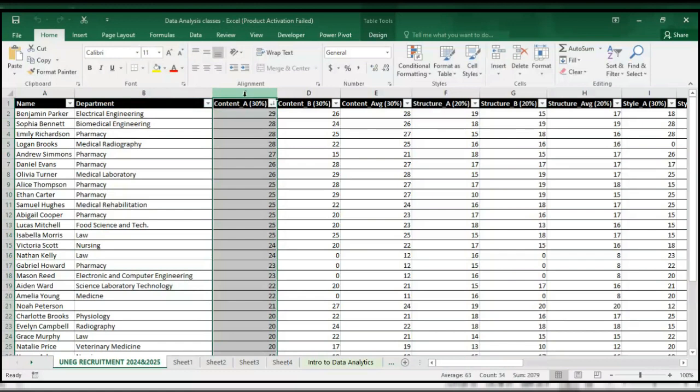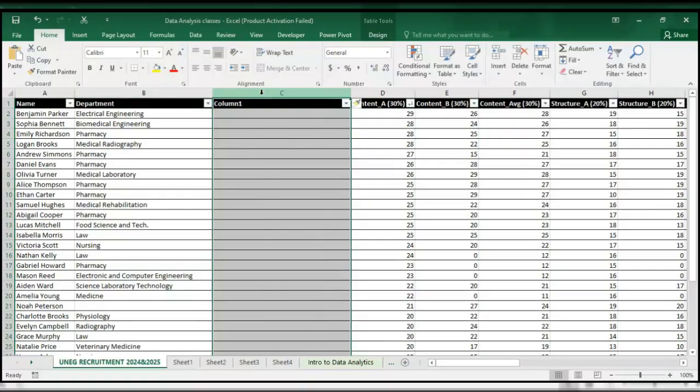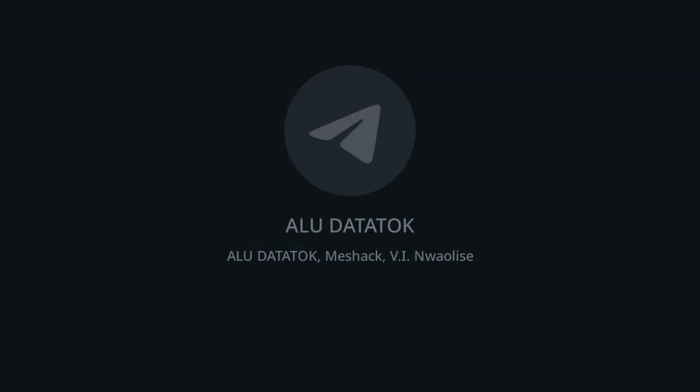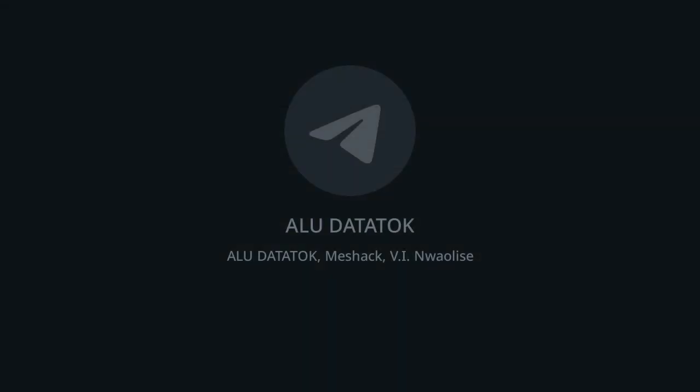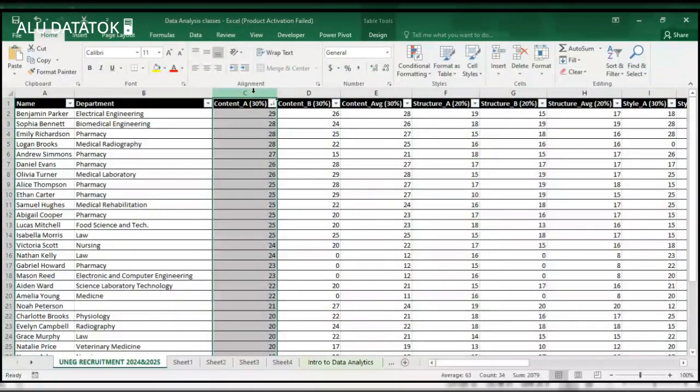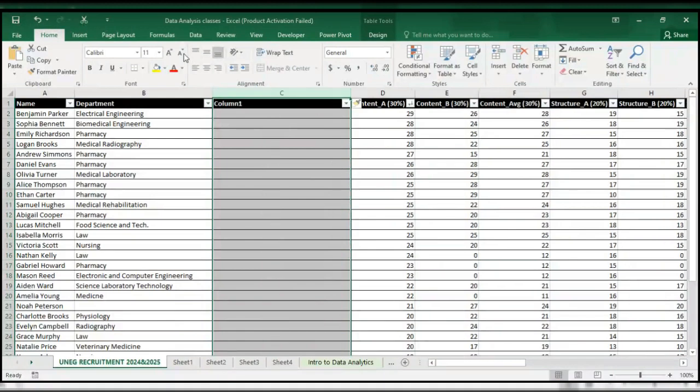To insert a new column, you just hover on top of the column you want to. Place your cursor on it, tap your keyboard to highlight, then hold your Shift key, your Control and plus. So that's how you add a column. If I want to delete it, I'll use Control minus on what is highlighted. So to add, Shift, Control plus. That's why I said I don't use the quick access toolbar, because your keyboard shortcuts can do a lot more things